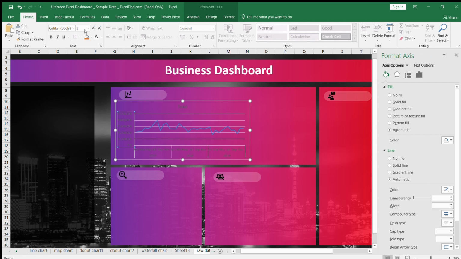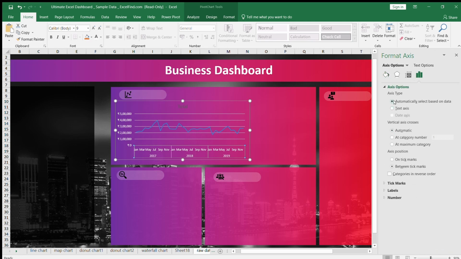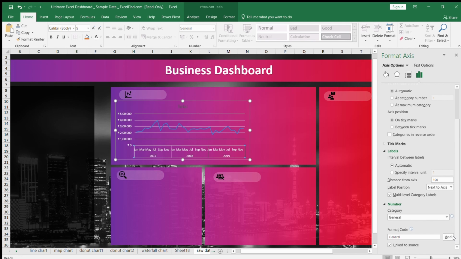For visibility, let's change these to white. As you can see, these values are not pretty good looking, so let's change those too. For that, we need to go to the format axis option, tick marks, and labels, we change them to true,